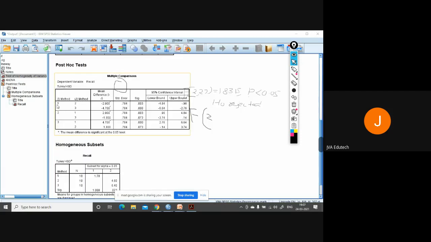Now, if you see this post hoc method, it has compared the three groups. What I said, you can do it the other way around. You can do independent sample t-test 3 times. First, between 1 and 2, then between 2 and 3, then between 1 and 3. But why we don't do that? Reason being, whenever you do any statistical modeling, any outcome is equal to model plus error.